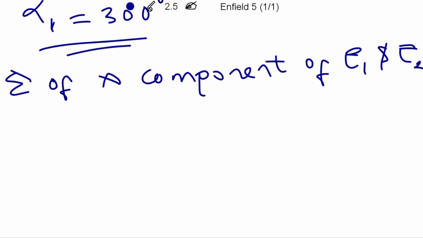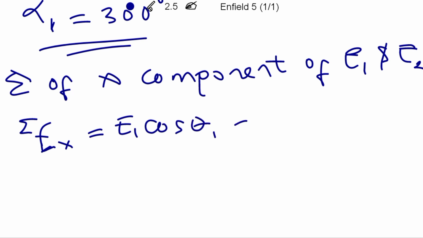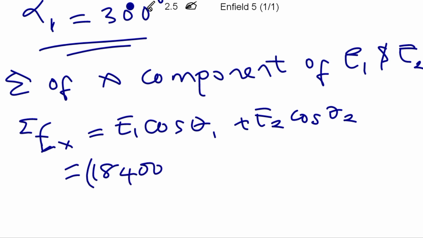It can be calculated as the summation of E of x is equal to E1 cosine theta 1 plus E2 cosine theta 2. The theta here is the same thing as the alpha we wrote. E1 and E2 are the same value, so we say 8400 times cosine